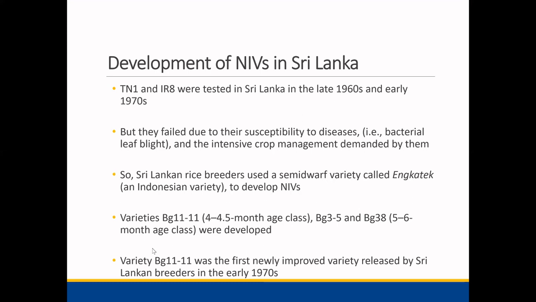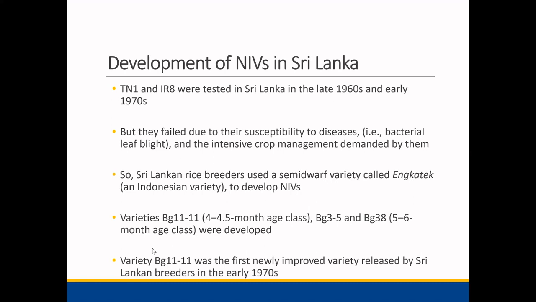So they wanted to develop short duration varieties, to enable cultivation in Maha and Yala seasons, or maybe 3 seasons if water is available. So they thought, let's reduce the duration. With that thinking, the variety was BG300, a 3-month variety, and BG352, a 3.5 month variety, released in the early 1990s. If you remember, BG300 was released in 1987.